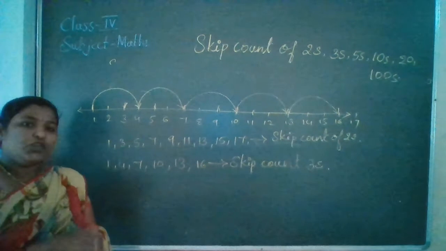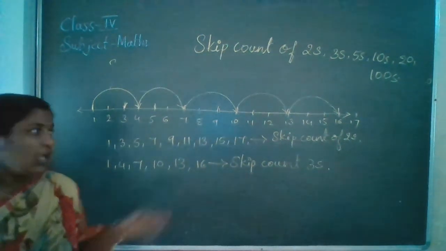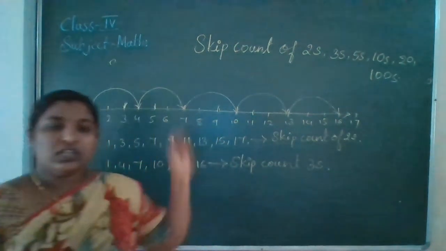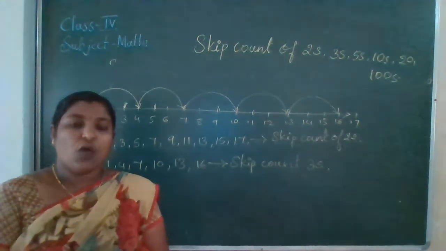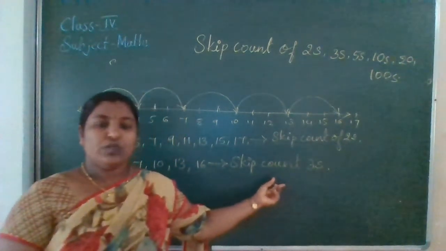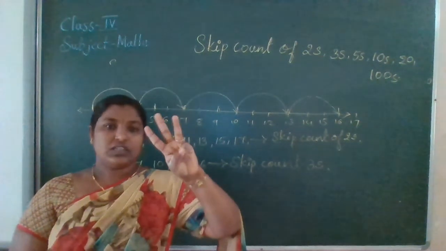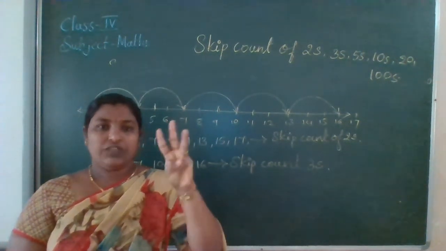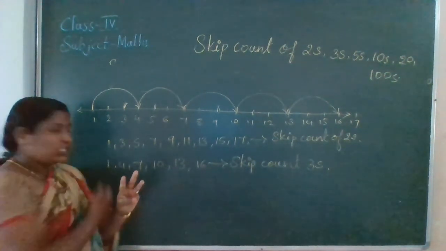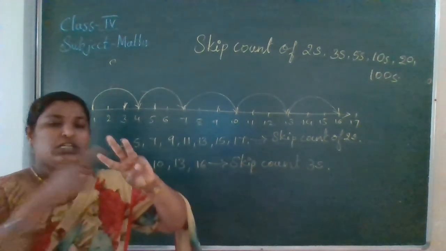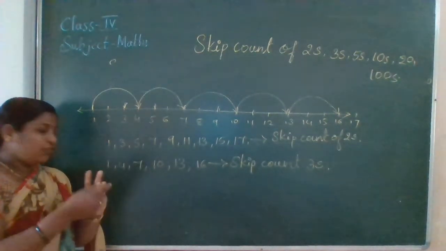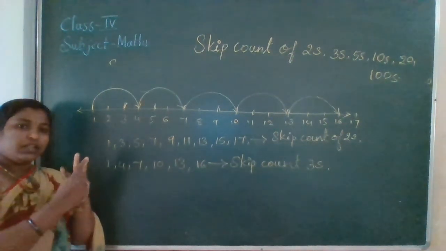Every time if they tell us to write skip count threes, we cannot write the number line and do this. So I'll tell you one trick. For skip count threes, we have to hold 3 fingers. The first number they will give, leave this number and count next. 1 is written. Next 2, 3, 4. So the third number,